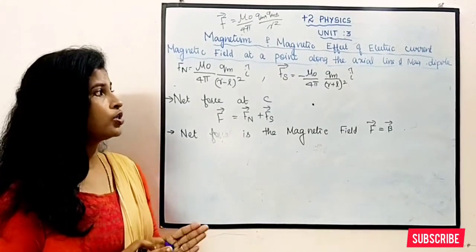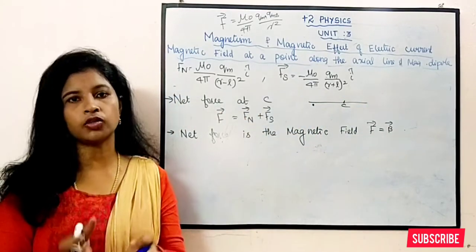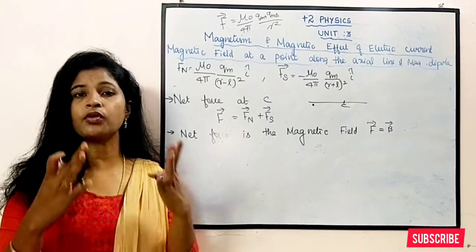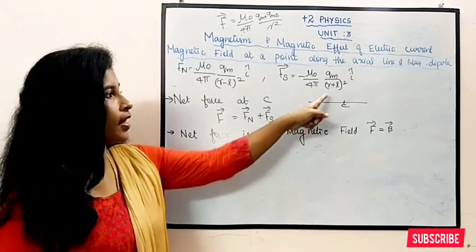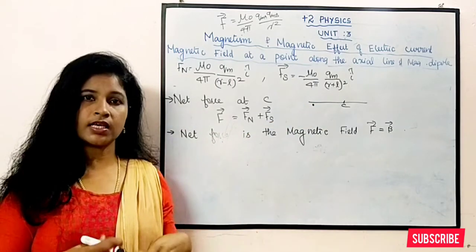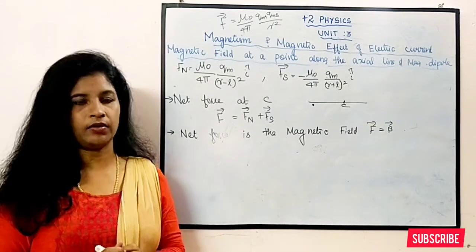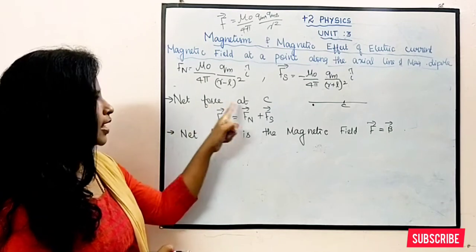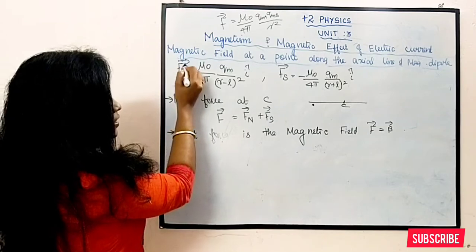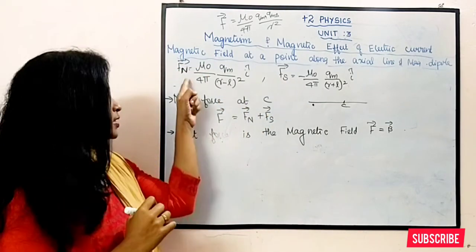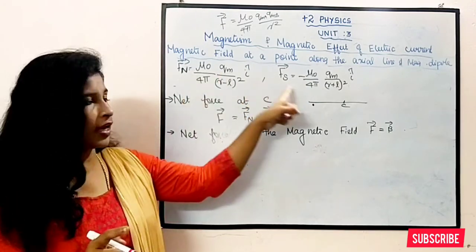So now we are going to find out. We have taken a point C, right? At that point C, what is the total force acting? Adula evlo total force act agudhu appdi kandupidichina, that is the magnetic field at this point. Okay, so idhula enna total repulsive or attractive rending sethi evlo force act agudhu and edathila evlo force irukku appdi paathana adudha nammaloda magnetic field. Okay, now we are going to find out net force at the point C. Okay, what is the net force? This is the repulsive force. Okay, this is the repulsive force and this is the attractive force. Repulsive is because of north pole, attractive is because of south pole. So I have taken as Fn and Fs.